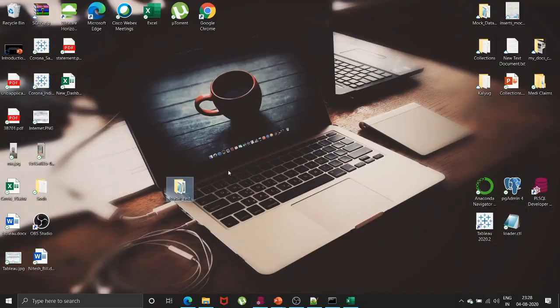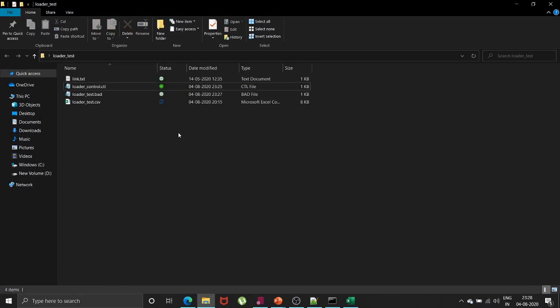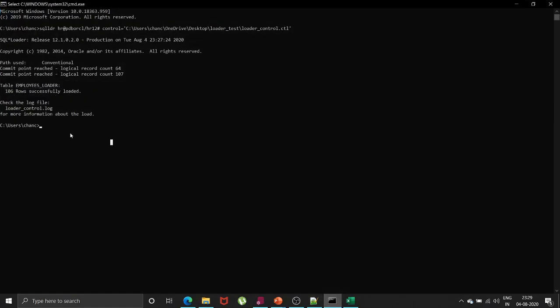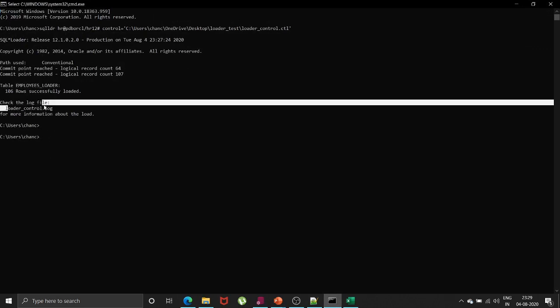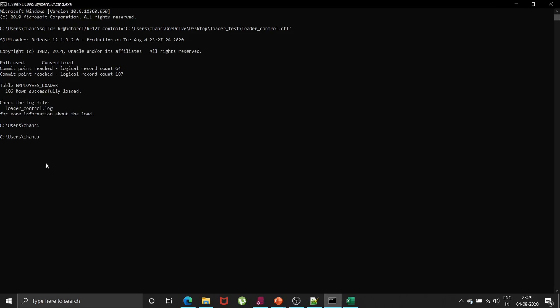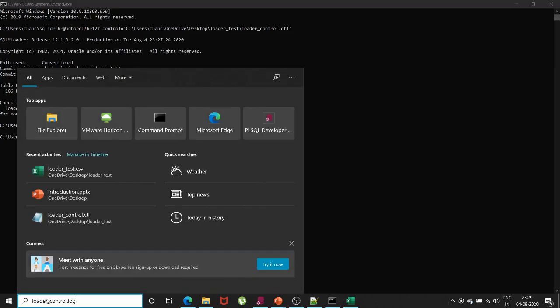So let us see our log file and our bad file. I told you that the bad file and log file are both auto generated in the system. We will find where our log file is. You can mention the path of the log file also, but as I have not mentioned it, I have to search for it. I will copy and search from here.